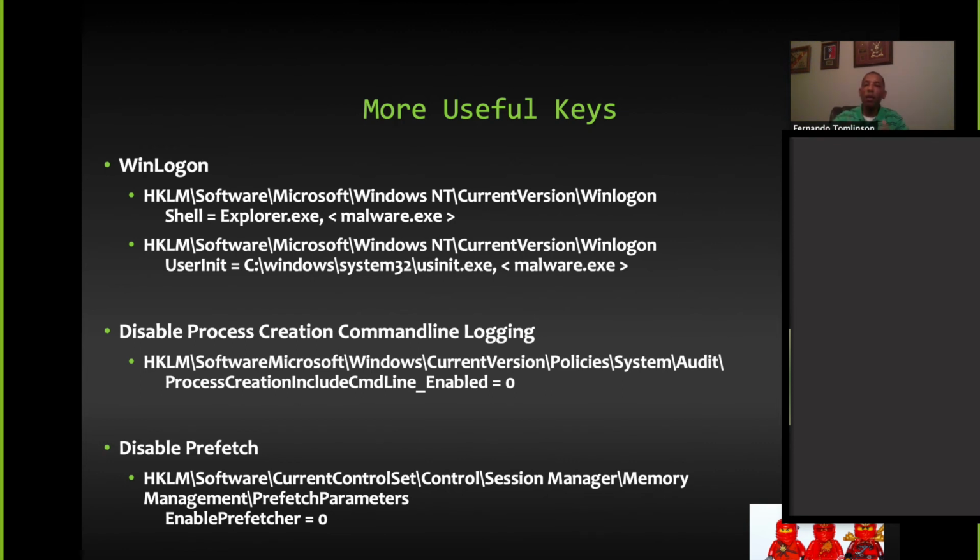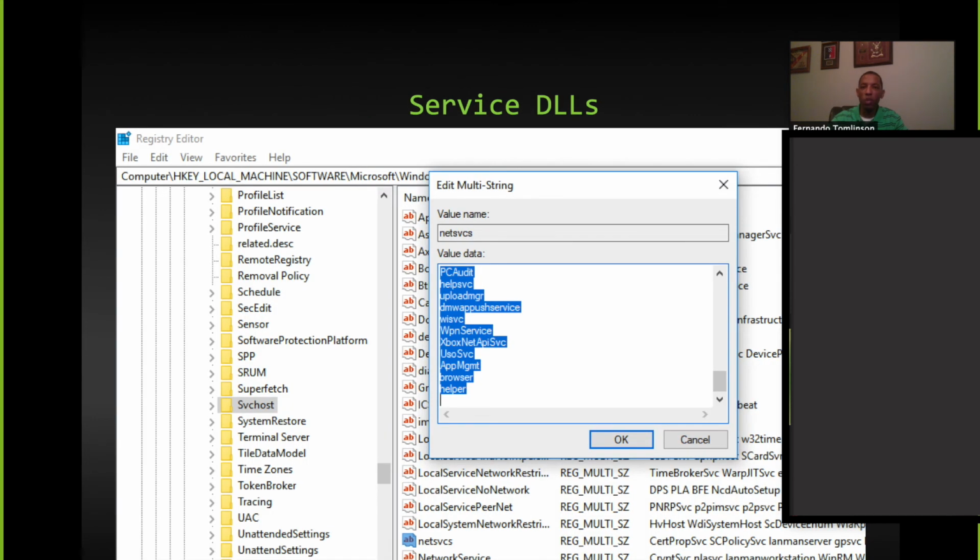When we look at processes that are running, there's verbose command line logging that is now more or less the standard in Windows from Vista and newer. Well, from a red team perspective, we don't want that logging, so if we're in the registry, we can go ahead and disable that, unbeknownst to the admin. I won't talk about prefetch at the moment because I'm trying to save some time here. But largely, we also have services, right?